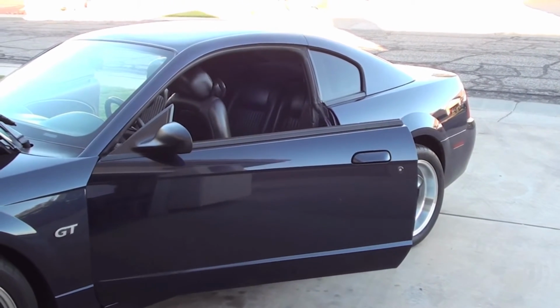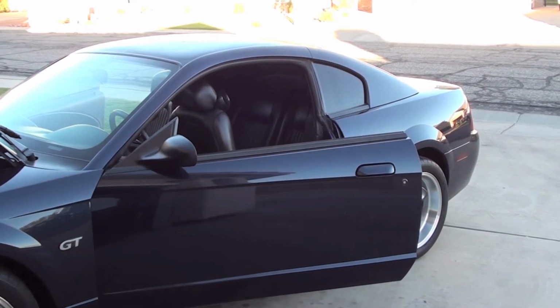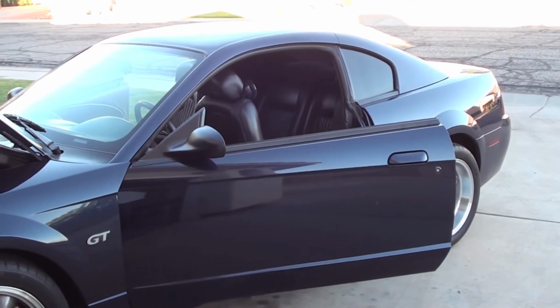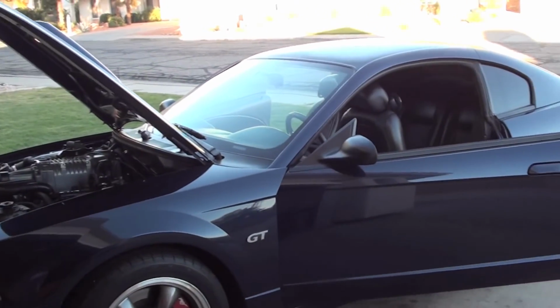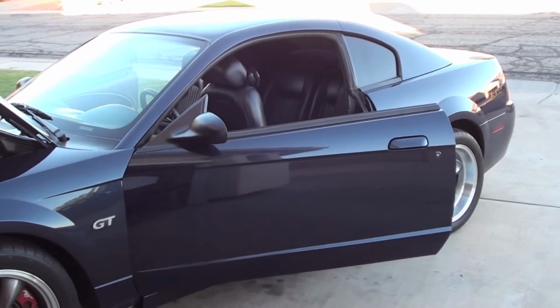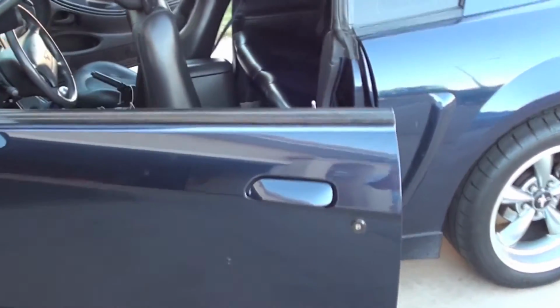The second Bullitt hologram sticker is located underneath the rear seat on the frame of the car. There has been talk on the forum of how to find the sticker. Some people have explained it, and other people say they've looked and they couldn't find it. So I'll take you on a virtual tour right now of where that sticker is. Entering the car,